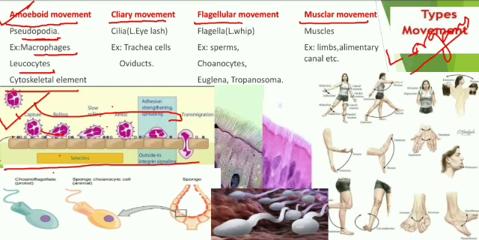Next one is ciliary movement. These organisms can move with the help of cilia, and the word cilia came from Latin. In Latin, the meaning of cilia is eyelash. It is just like small hair-like structures. You have noticed here in this diagram small hair-like structures, and what are they? Cilia. And these cilia we have mainly seen in cells of the trachea and oviduct, and these cells show ciliary movement.